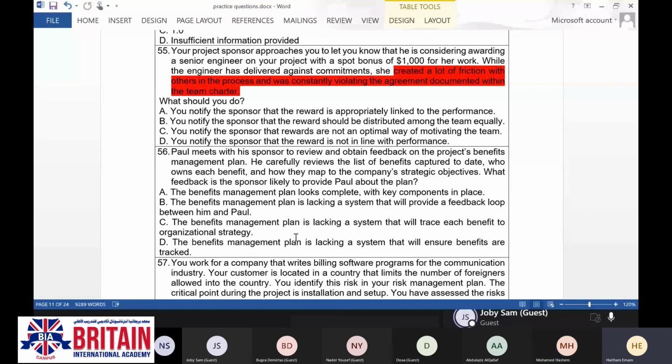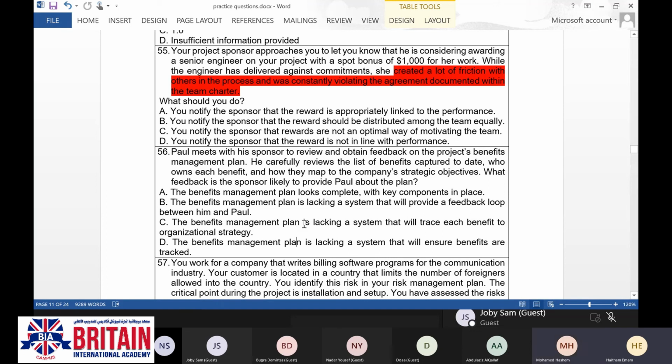Sorry, a moment. I just wanted to ask you, just out of curiosity. Maybe this might have been discussed already, but for question number 55, if a team member is not following the project charter or the commitment mentioned in the project charter, being the project manager, what is the action that has to be taken for such team members? Okay. This is outside of the question, but by the way, it is linked to the question in another way.